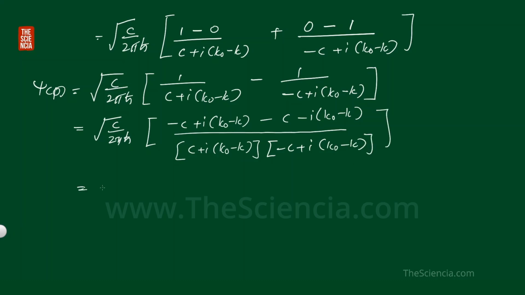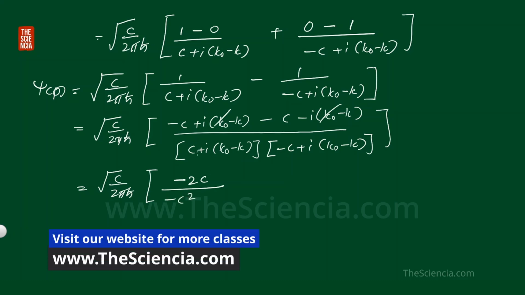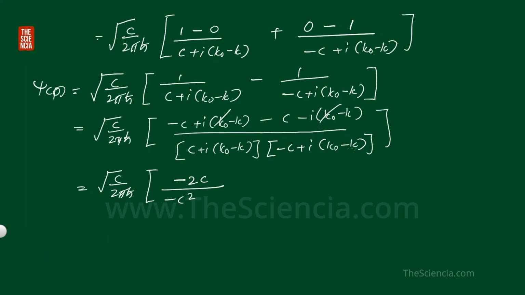Okay, that is equal to root c by 2 pi h cross. Here there is plus i(k0 minus k) and minus i(k0 minus k), so it will cancel, and we get minus 2c divided by c into minus c, that is minus c square, and i(k0 minus k) into i(k0 minus k), that is minus (k0 minus k) whole square, and the